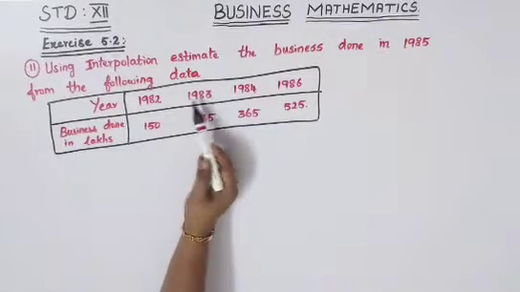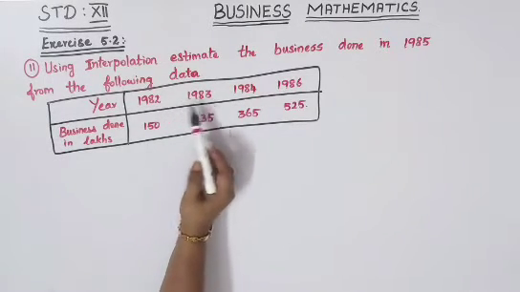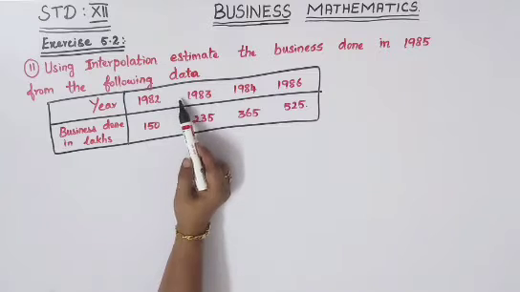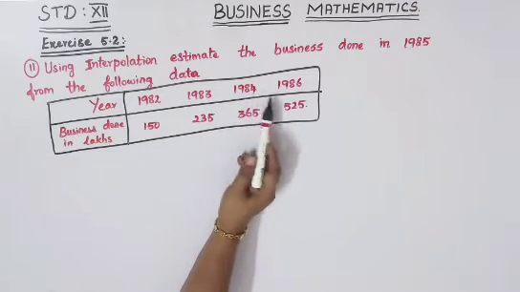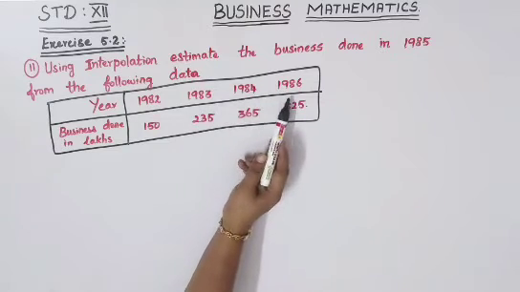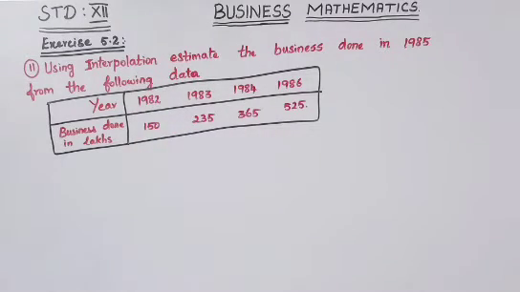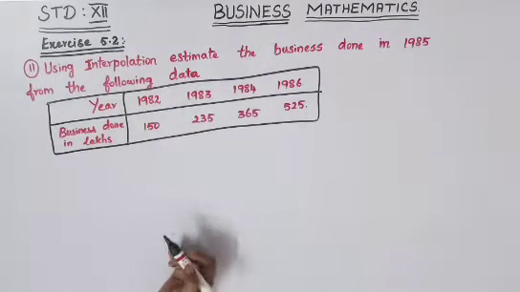First check your intervals, whether they are the same or the difference between the intervals is changing. Here 82, 83, so the difference is 1. 83, 84, difference is 1, and 84, 86, so the difference is 2. Whenever the difference is changing, you have to go to Lagrange's formula. Don't go to Newton's backward or forward formula. Newton's backward and forward formulas are used only when the intervals are the same, that is, h should be the same. Otherwise you will have to go to Lagrange's formula. So first check the difference between the intervals, that is, h.